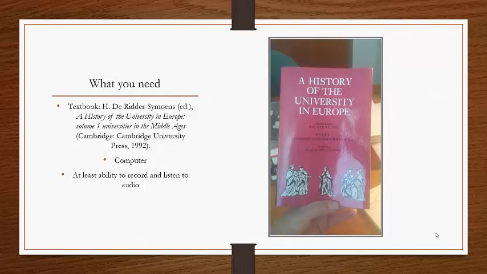Now, it is available to buy. It's available in the bookstore. If you don't have to buy it from the bookstore, it is probably available cheaper on Amazon or AbeBooks or any of those, because it was published in 1992. You can get a really ancient copy. I really don't care. Just make sure you get a copy.